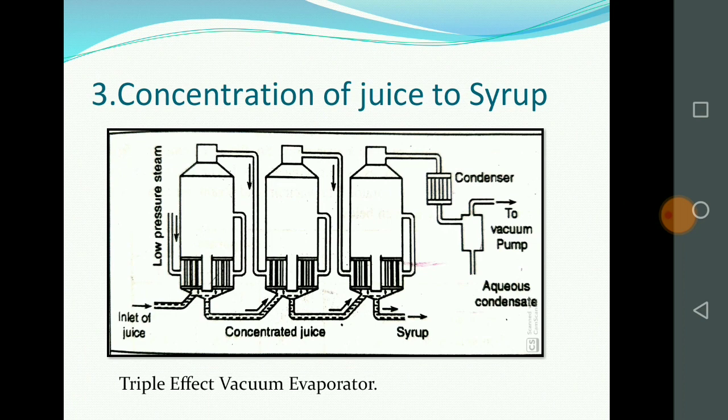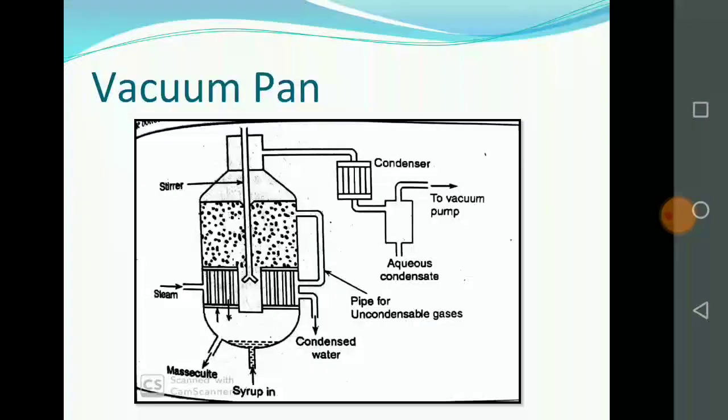Multiple effect evaporator has the advantage of energy economy. As the same steam is used for heating the juice in 3 different evaporators, fuel is saved. Further evaporation is done by boiling the juice at reduced pressure and in the absence of air. So the loss of sugar due to decomposition and evaporation is minimized. The syrup.